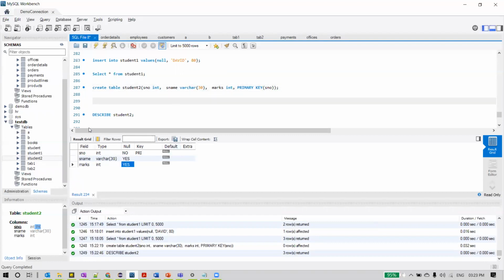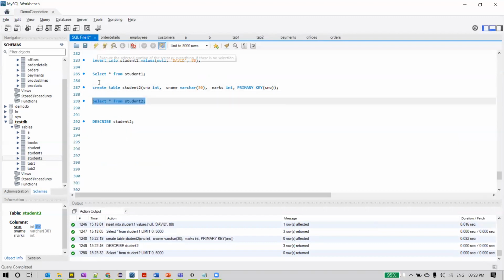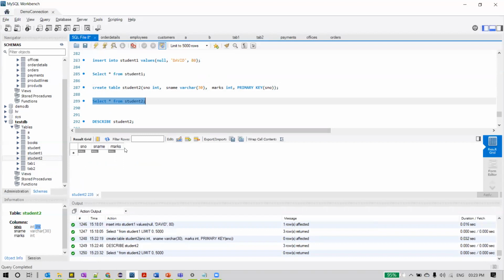All right, now we created a table with primary key as student number on this table. Now we wanted to insert some data into that table. Let's do that. First, let me execute this and show you. This is the student2 table and we don't have any data in this.